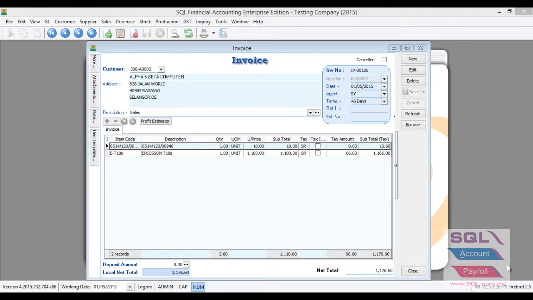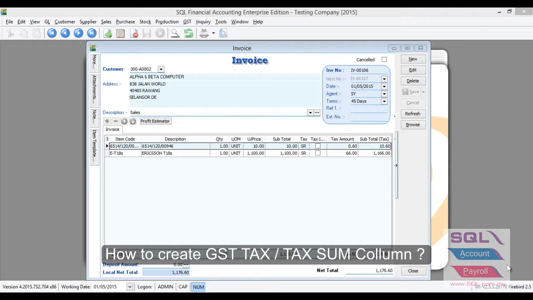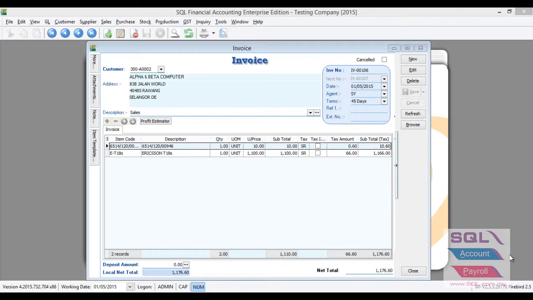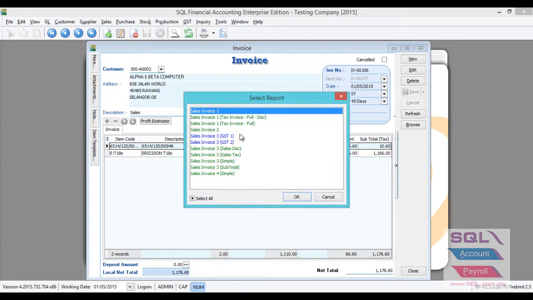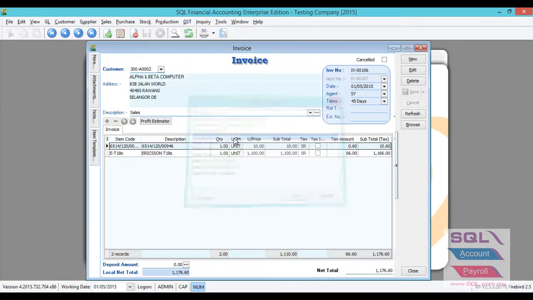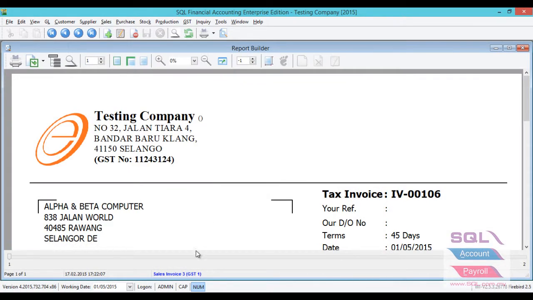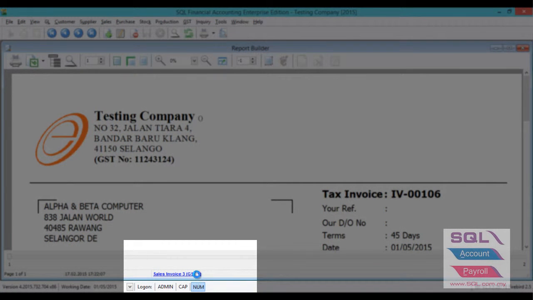Hi, today we will guide how to create a text column in Report Designer and how to sum the text amount. So this is our invoice screen. Let's preview to choose our report format, and then let's click on the blue color report name to go to Report